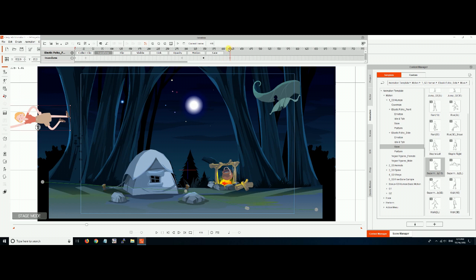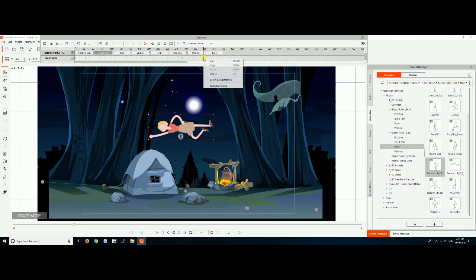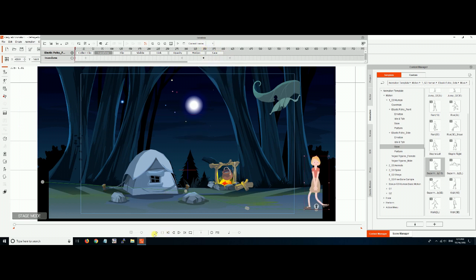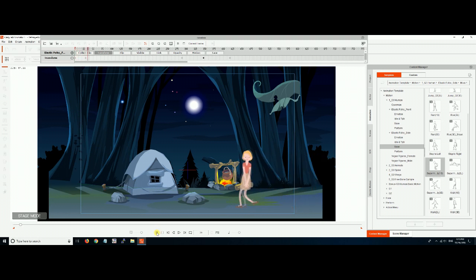So watch what happens when I bring this back. Here's her point right here, here's her point right here, and then she drops down. So these are your points of where the object exists on the screen, and you can click straight to it and disappear. You can copy these points and delete them. You can do whatever you want. So let's bring this all the way back and watch the whole thing, and we will have created a character in a scene and done the basics.